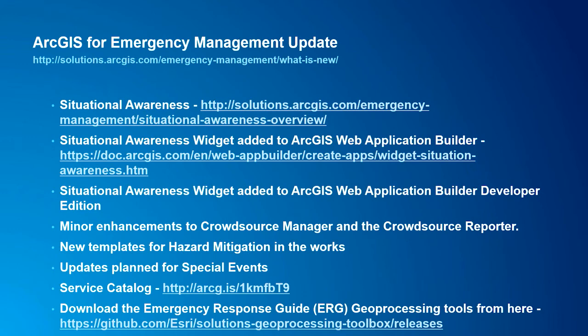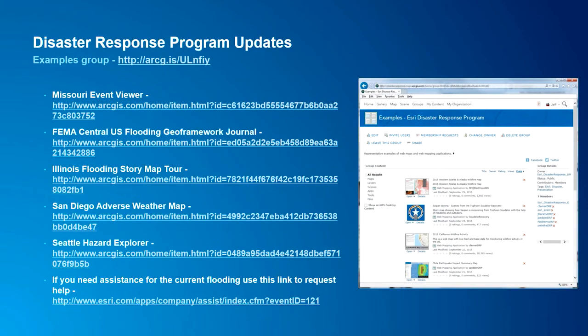So look for more continued communication over the course of the year from updates from the ArcGIS for Emergency Management team. As Chris mentioned, it's certainly been a very busy month from a disaster perspective. Unfortunately, a lot of flooding in the Midwest. We had some tornadoes in the Southeast over Christmas. A lot of activity over the past month, unfortunately.